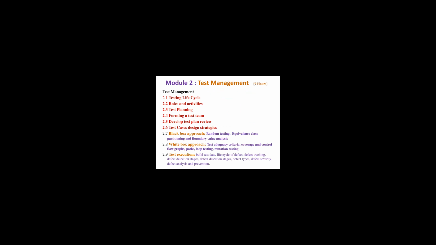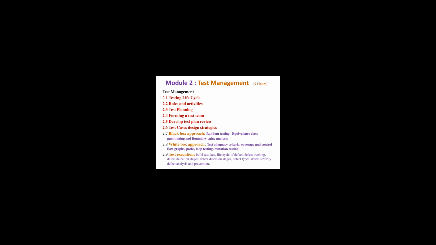Here we are going to follow the testing life cycle stages, software testing, test managers roles and activities, and the software test team roles and responsibilities. Then we will discuss test planning, how to form a test team, developing test plan reviews, organizing the review meetings, and documenting the minutes of the meeting of the test plan.